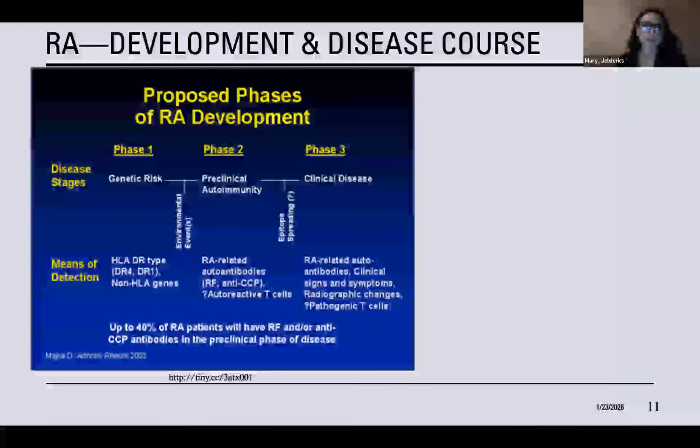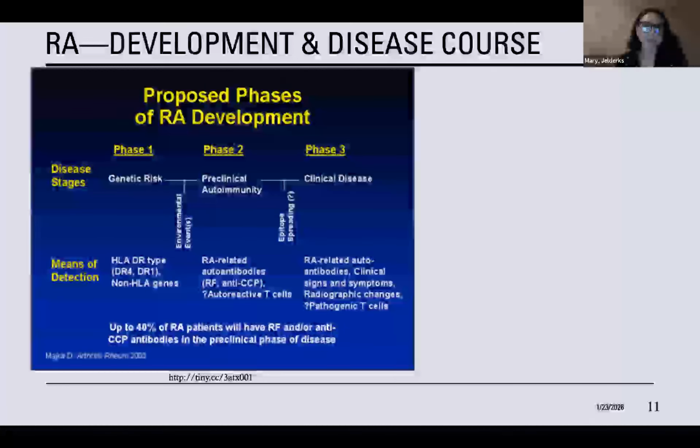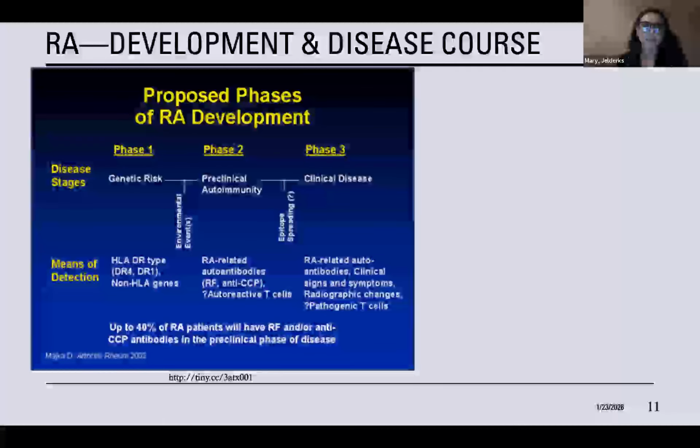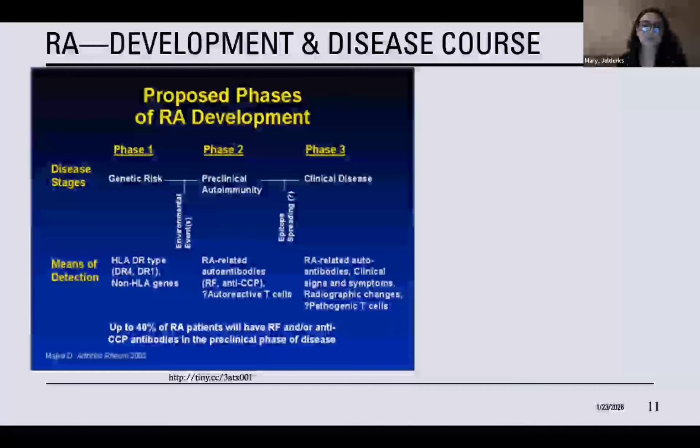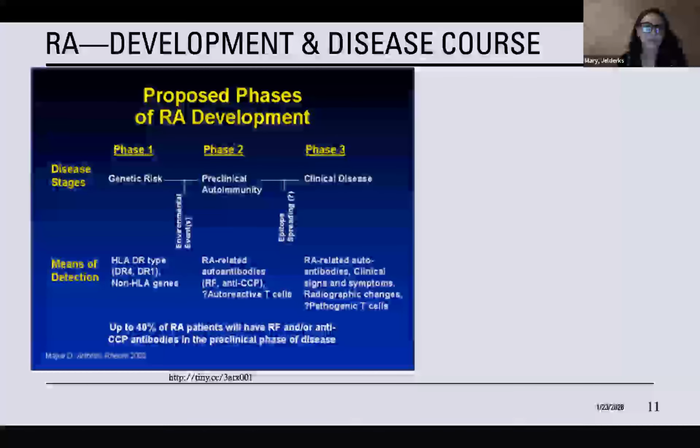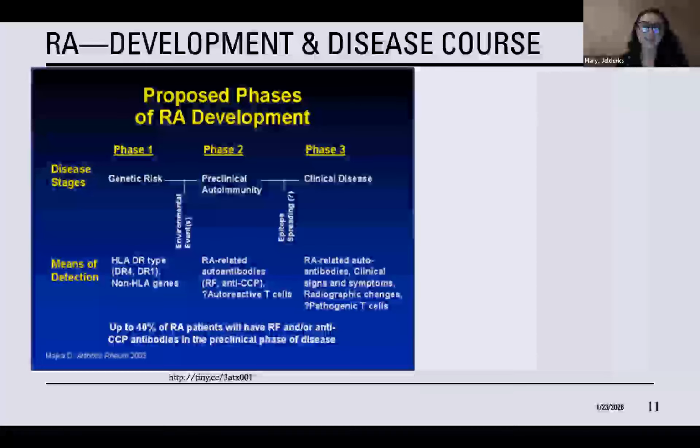So the development and the disease course in rheumatoid arthritis, again, this is a very nice way to really think of the phases of developing the disease, and there's still so much to be learned here, but we've come a long way with rheumatoid arthritis. So in phase one, on the left-hand side, again, are predisposed genes, and here it's laid out. There's HLA, multiple genes, the DR4, DR1. These are HLA genes, and those genetics, with the correct stimulus from the environment,